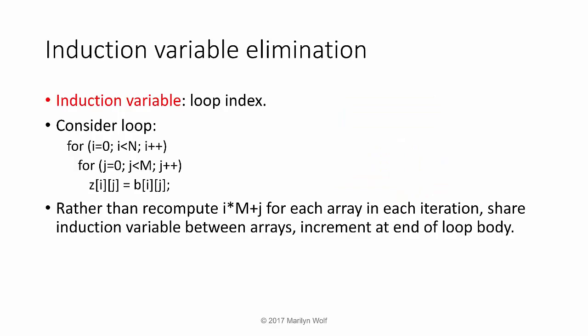The induction variable is the loop index. So consider this nested loop with one loop inside the other. In order to access these two-dimensional arrays, we need to do a multiply and addition. But notice that the left-hand side and the right-hand side of the assignment use the same offset inside the loop, ij. That entails a calculation of i times m plus j. We don't need to repeat that calculation. We can compute it once and share it. We can also increment that value at the end of the loop body rather than re-perform the multiplication on every